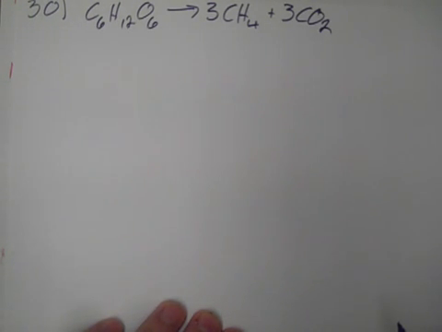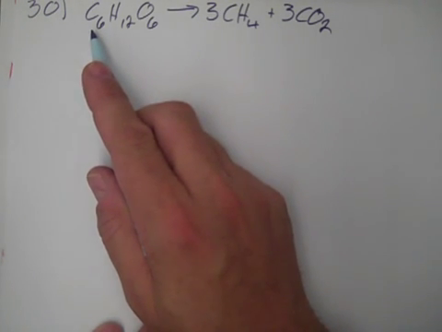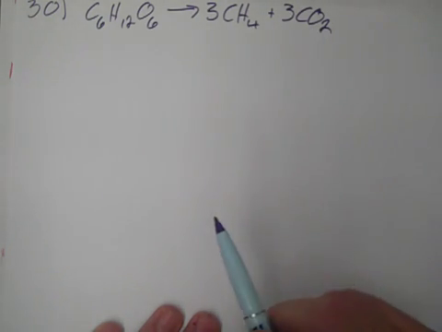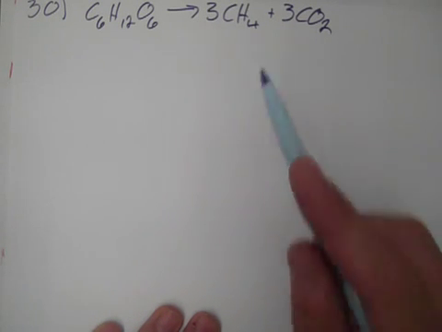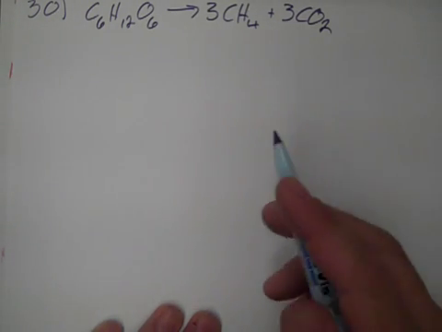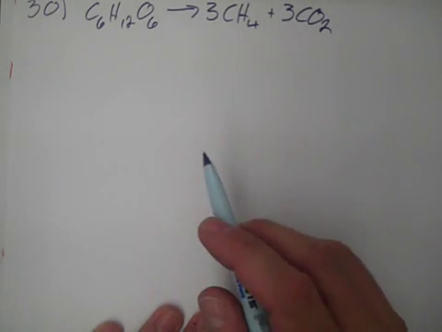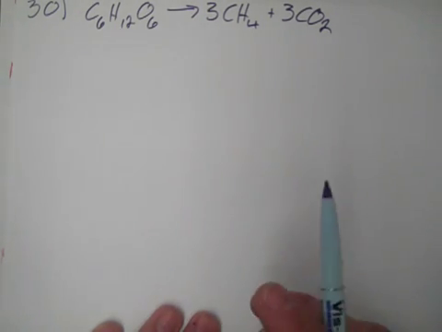Number 30 is the last stoichiometry problem. So our chemical equation is that sugar turns into methane and carbon dioxide. One sugar produces 3 methanes and 3 carbon dioxides. We are supposed to find the volume of methane that is produced when 1 kilogram of sugar is digested by